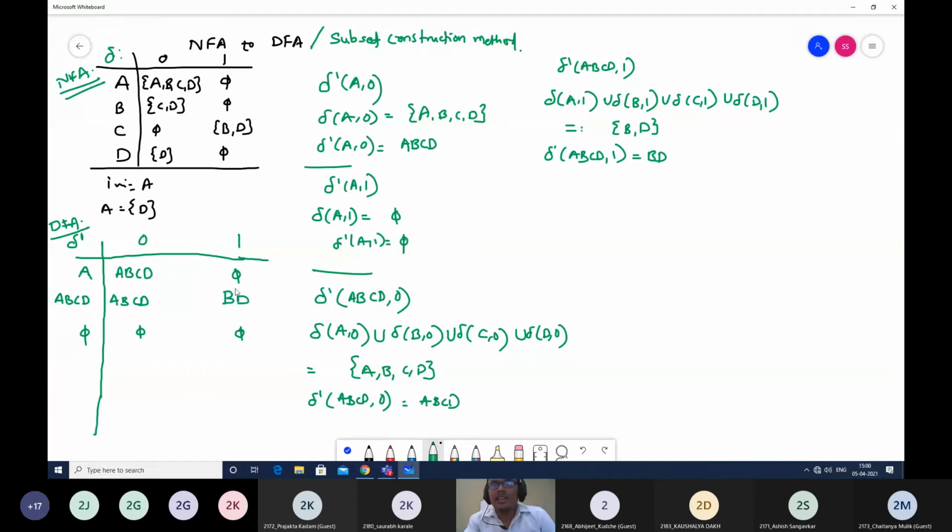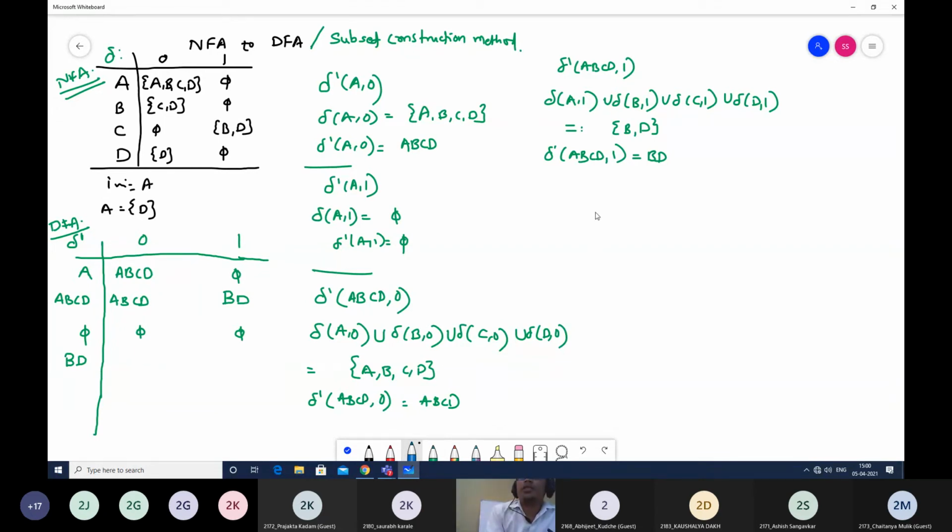Now as this is a new name that I have got, I need to calculate its 0 and 1 also. I'm going to add all such new states that I get in this process below this, and I'll continue this process and calculate zeros and ones only for those combinations.